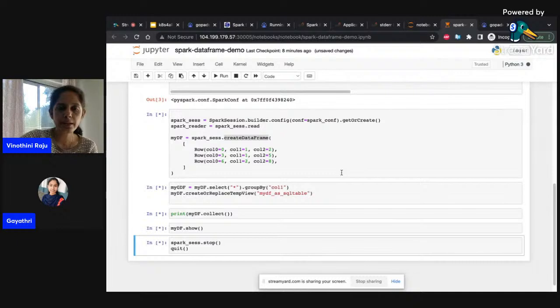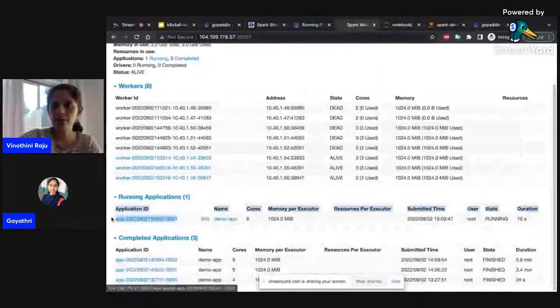So it's creating the data frame. And the application ID would have changed by now. So we can just use the same URL and then use a different application ID. We can grab the application ID from here. So let's take this app ID and then use it in our,